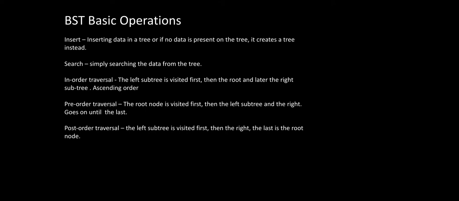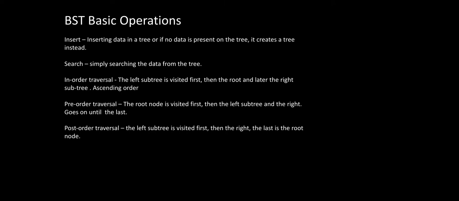Pre-order traversal, the root node is visited first, then the left subtree, then the right. This is the descending order. And the post order, it's somewhat descending order, but after the root, you're gonna go left, then you're gonna go right. It's like an acute angle